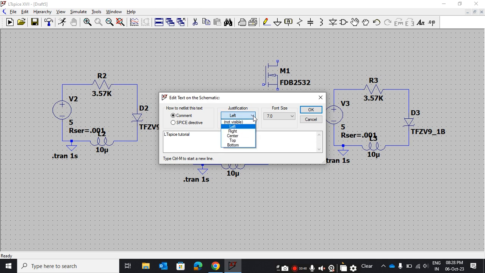Okay, and it is left, where you want to keep it, left, right, top, bottom. There is no need for this, you can put it anywhere by dragging. And there is a color option in this, but it is not showing color.